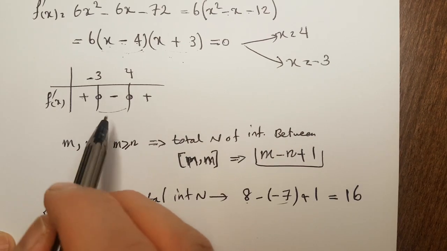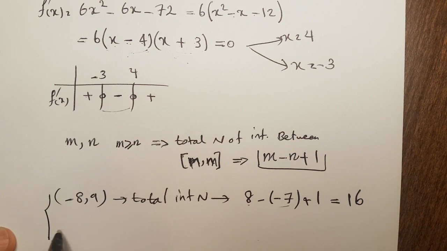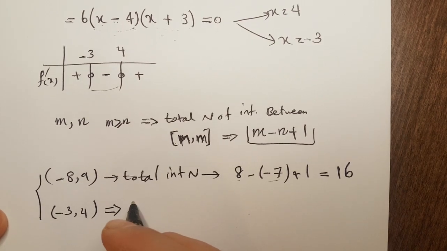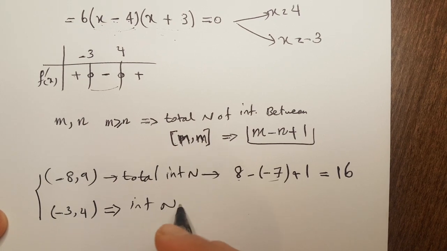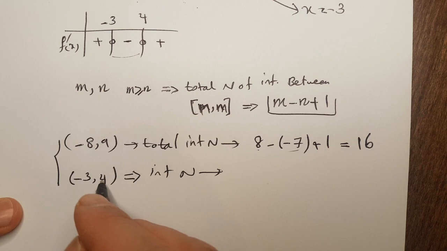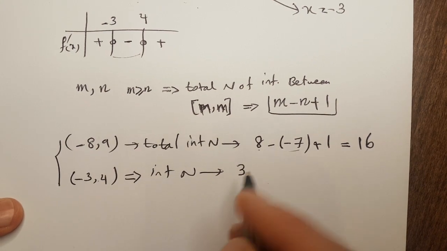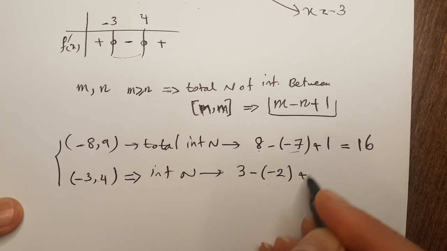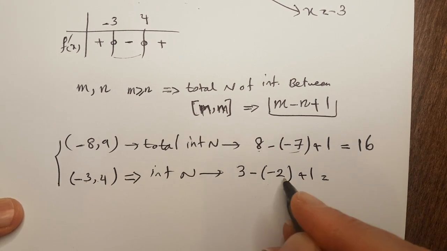And the integer numbers between -3 and 4 will be 3, the number before 4, minus -2, the one after -3, plus 1, which is going to be 5